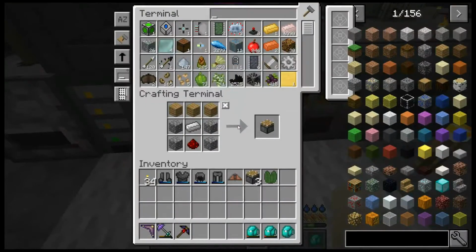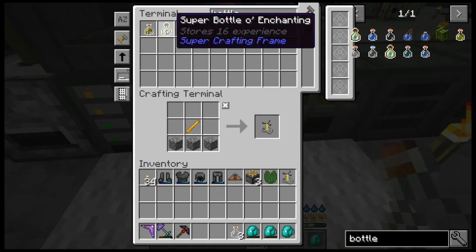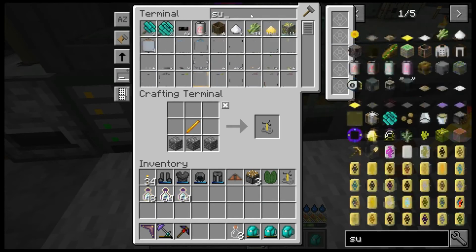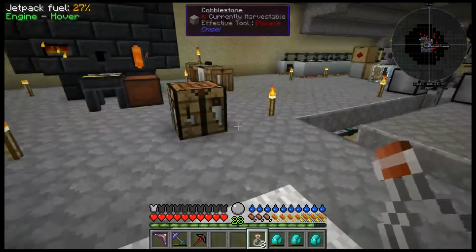Okay, I want some potion of swiftness, because speed is good. So let's craft a brewing stand, sorry. And let's grab some bottles. I'm going to need 3 bottles, because again, that's one that we can do 3 level. Let's just grab the enchanting bottle, because we're going to need them anyway. For a swiftness, it's sugar, if I remember correctly. So I'm going to need 1 sugar, and all potions require nether warts. So let's grab a nether wart, and